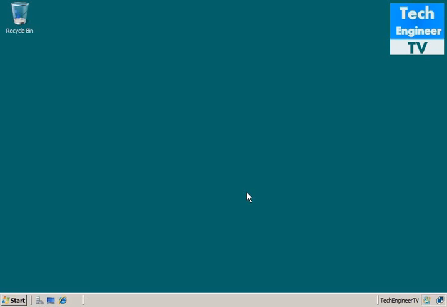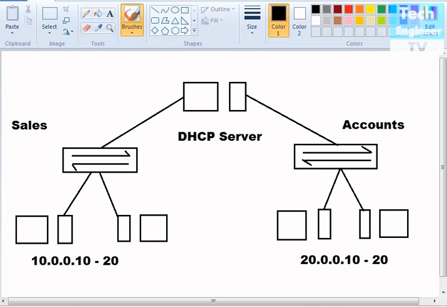Hello there, in this tutorial I'm going to show how to assign multiple scopes at a DHCP server. Before, we already learned about creating scopes in DHCP, but can we create multiple scopes? Well, yes. For example, if your DHCP server has two NICs, one is for sales and that network is connected to some switch and some clients are connected to that, and the desired sales network wants the